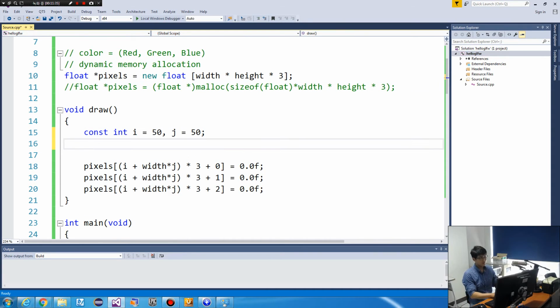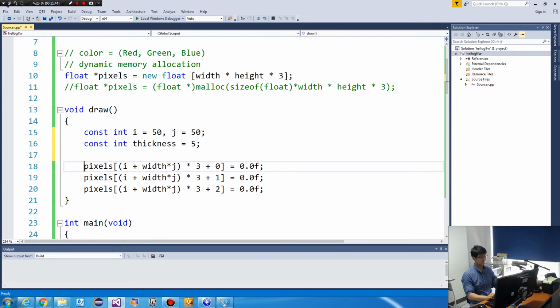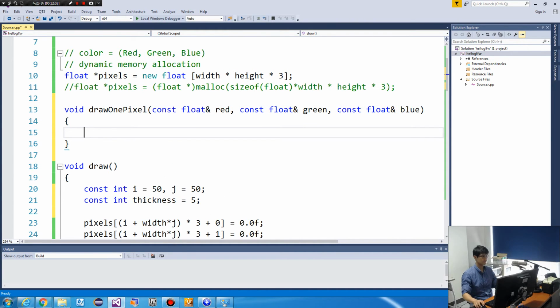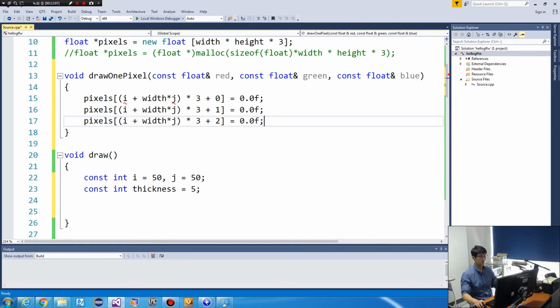So maybe we can define a thickness, maybe 5, and let's define a draw pixel function: const float red, float green, blue, this one, and copy this one.